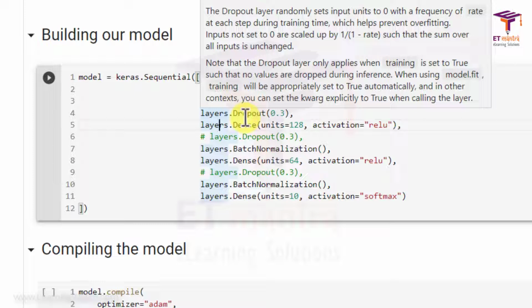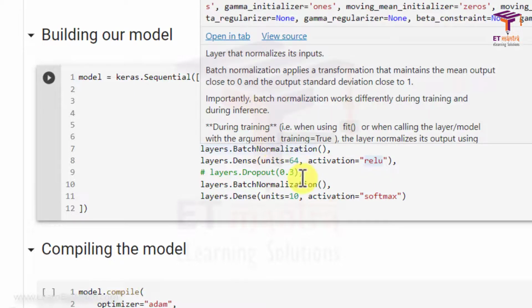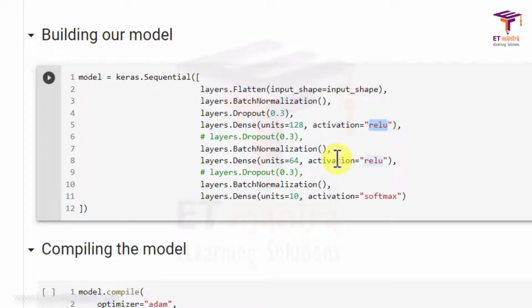Then for the next forward propagation, those same connections are not removed, some other set of connections are removed. So every time forward propagation is made, 30% of connections are randomly removed, not those same 30%. Okay, so I have assumed that you have understood what dropout is. Next we add a dense layer of 128 neurons, and the activation is ReLU. The most common activation we use is ReLU. Sometimes we use tanh, but here we use ReLU.